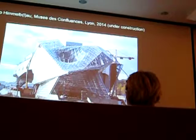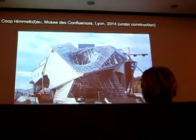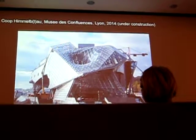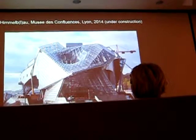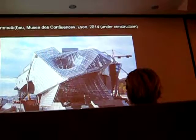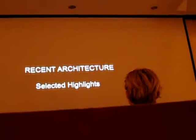Called Himmelbau. This is a museum that I don't know what it's going to look like. Certainly the architectural world is looking at it. He has several different shapes put together under what looks like an exploded exterior. And it's going to be strange. These are